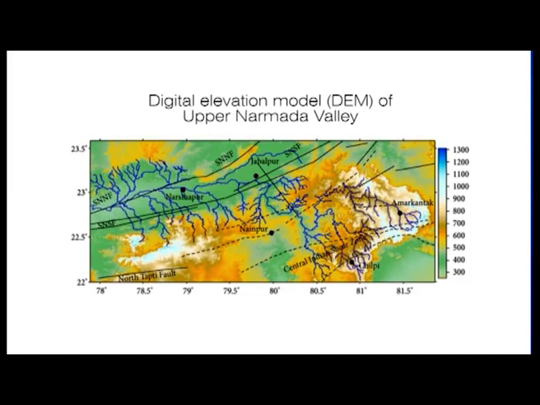Say the Narmada zone lineament is a type of rift valley, or a graben structure, in which there is a common down throw side, and the up throw sides have gone up while the down throw side has gone down. So a rift valley, or graben, has been formed all along the Narmada zone lineament.